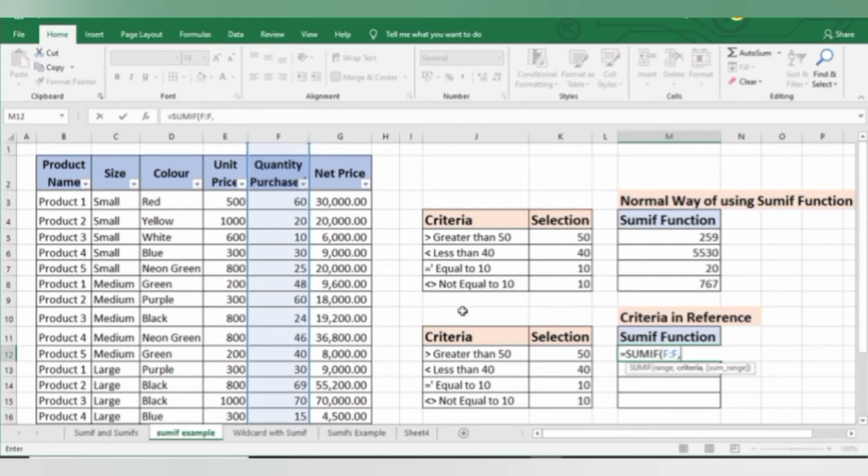Now in my criteria, if I type greater than in double inverted commas, and for combining this greater than symbol with my criteria in K12 cell, I am using ampersand here and then select K12 and then press enter. So this is how I got my answer as 259, which is same as above.